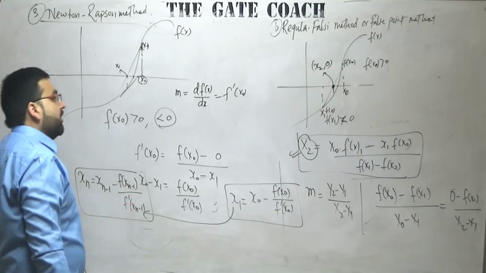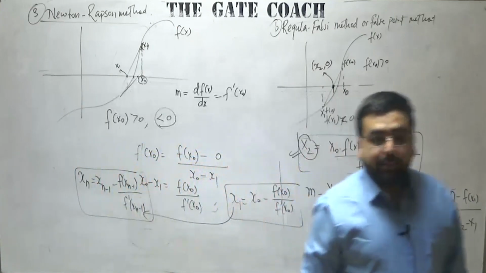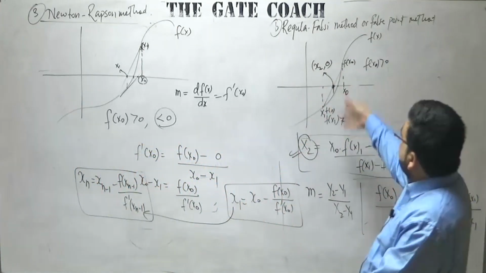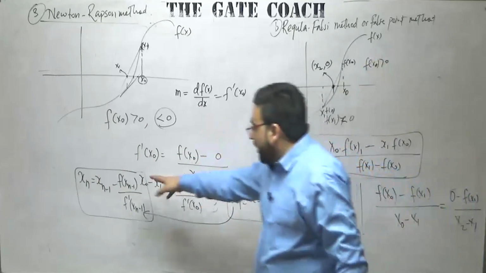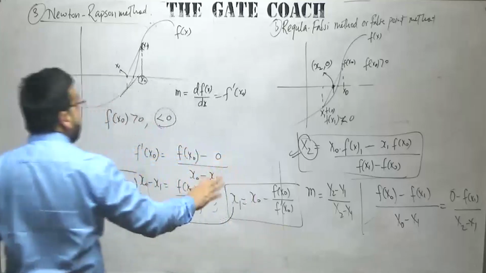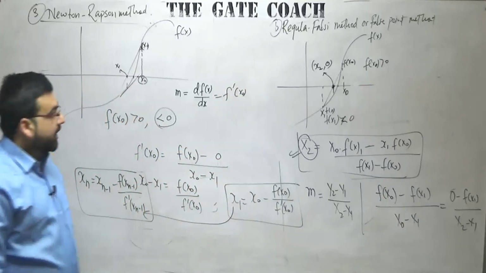I could tell you the formula directly also, but in examinations I have seen that many a times some graph is given, some tangent is drawn. Until and unless you know the concept of how this formula has been derived, you will not be able to solve those graphical questions basically. Okay, I hope that it is fine now.